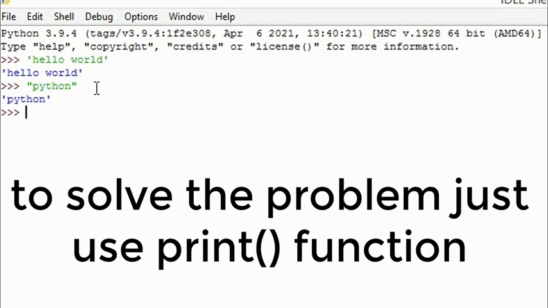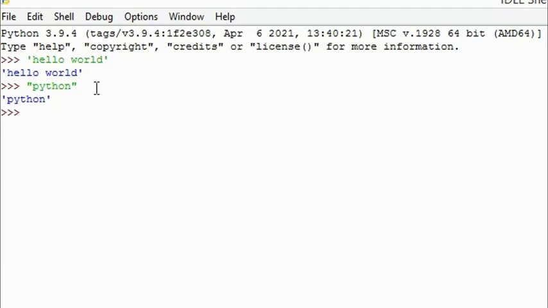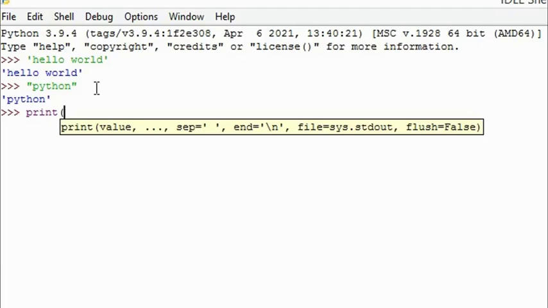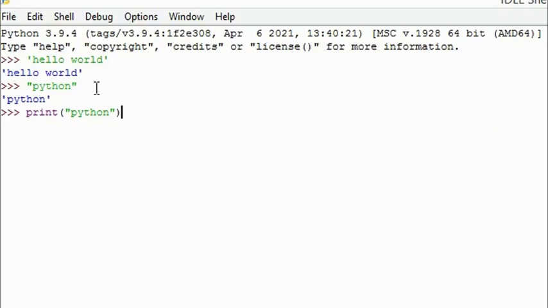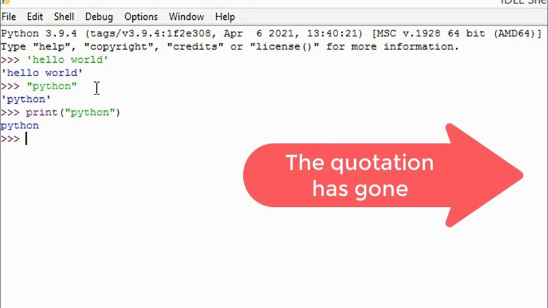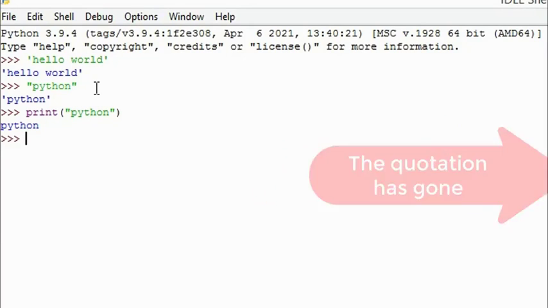If you don't want the single quotation mark every time you write a program, just give print, then a parenthesis, then a quotation mark, and if you write Python, close it, and then print, there are no quotation marks.